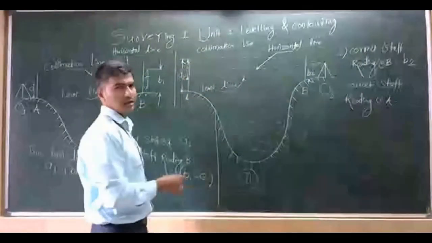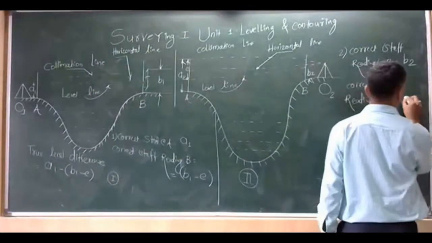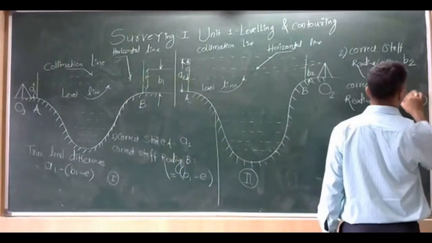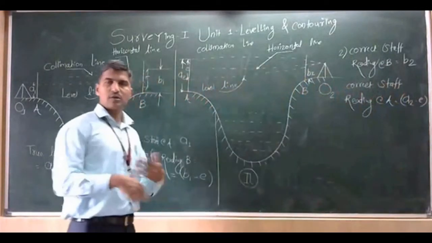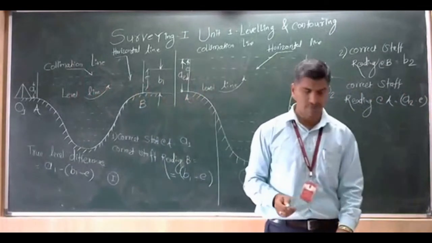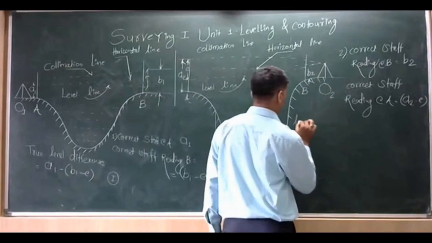This was my error E. So on the same line, A2 minus E. These are the true staff readings. So let us find out the difference between the correct staff reading at point A minus the correct staff reading at point B. Level difference